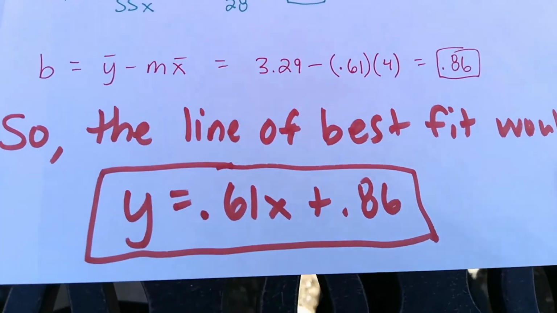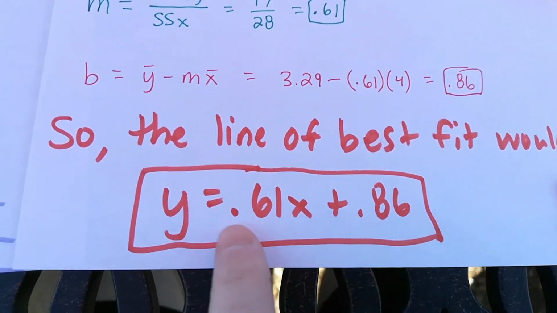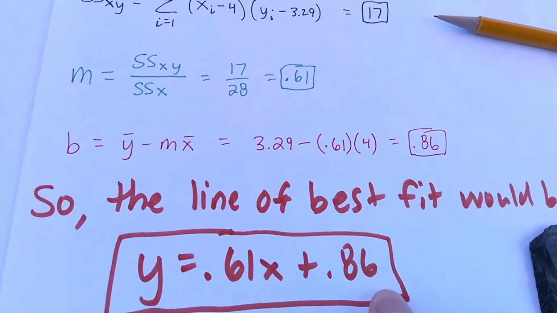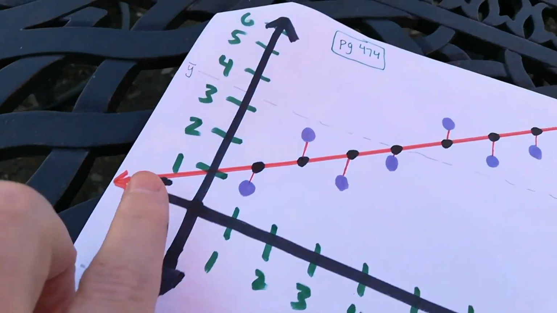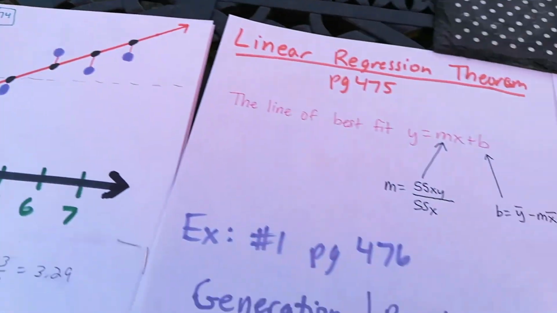So, put all that stuff together. You got Y equals mx plus b. My slope is 0.61. My Y-intercept is 0.86. And so I've got my line of best fit. That is the equation of this line of best fit right there. Oh, it's absolutely gorgeous. But the thing they asked us on this question was on example number 1 on page